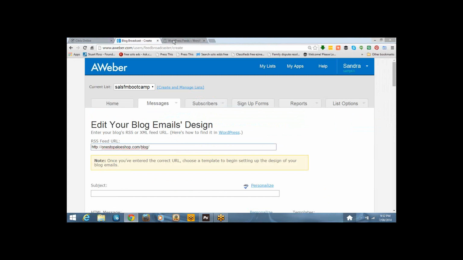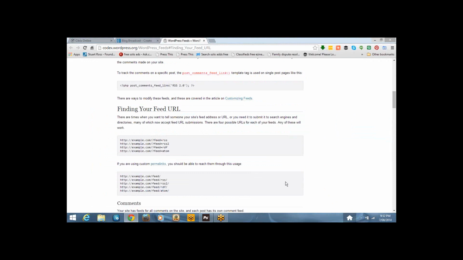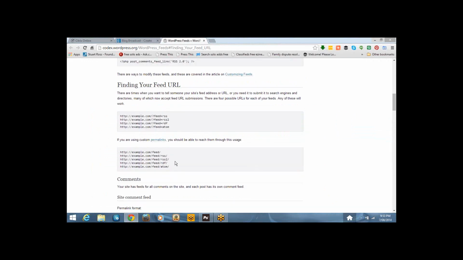Then your other slash, and at the end here you would have either one of those, whichever one is hooked to your blog. If you're using custom permalinks on your blogs, it will look like this.